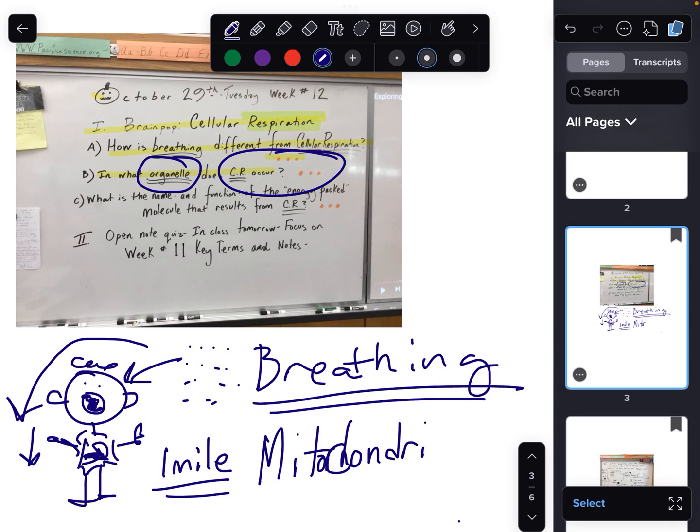Mitochondria. So we're traditionally used to hearing that mitochondria is the battery or the powerhouse of the cell. And this is why you hear that. This is where the ATPs are put together, and this is where the energy from the cell comes from. And so as we go back to our highlighter right here, we're checking out what is the name and function of the energy-packed molecule that results from cellular respiration. Hopefully, we went through it several times in class. We remember it's ATP,